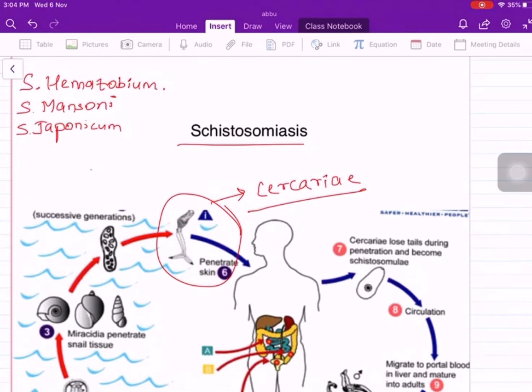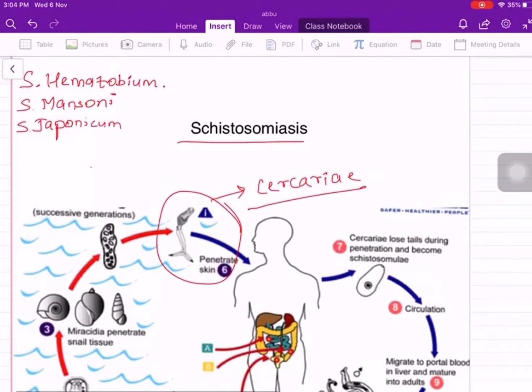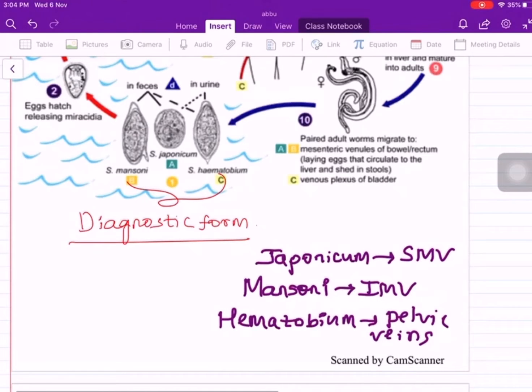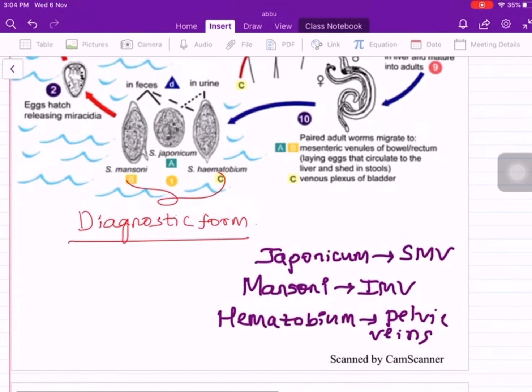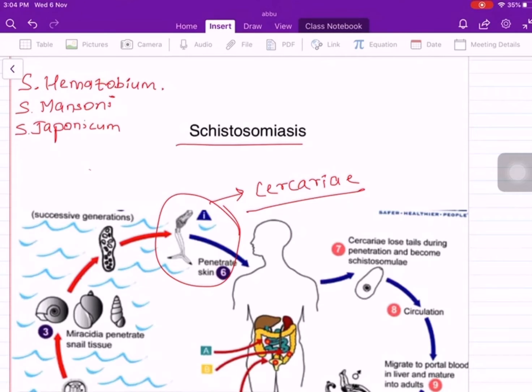Schistosoma haematobium resides in the pelvic venous plexus, and we know that it causes squamous cell carcinoma of the bladder. Schistosoma japonicum resides in the superior mesenteric vein, and Schistosoma mansoni resides in the inferior mesenteric vein. So this is the basic detail. And what is the main detail is